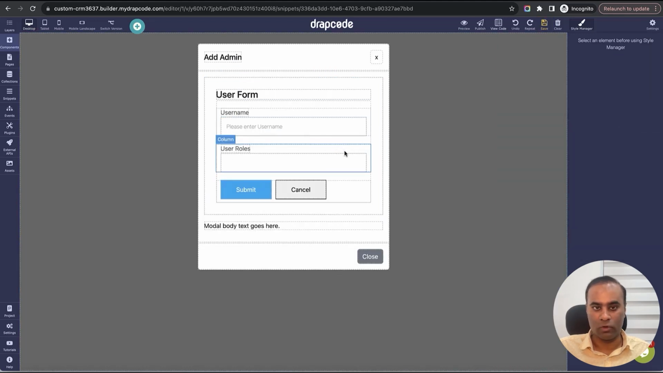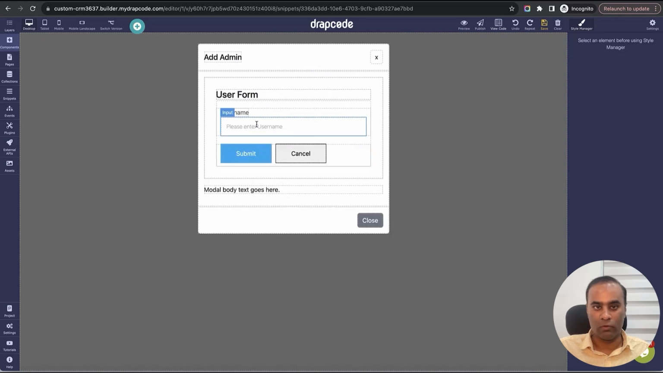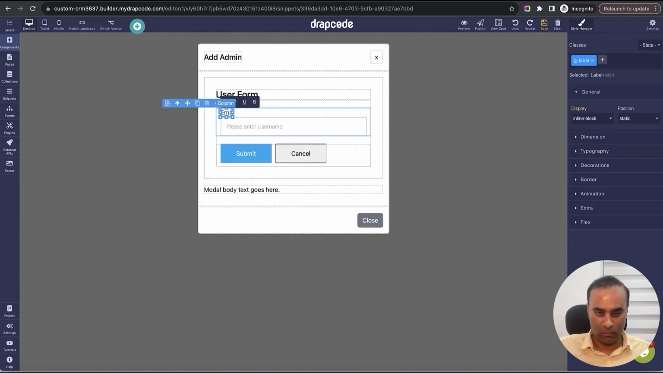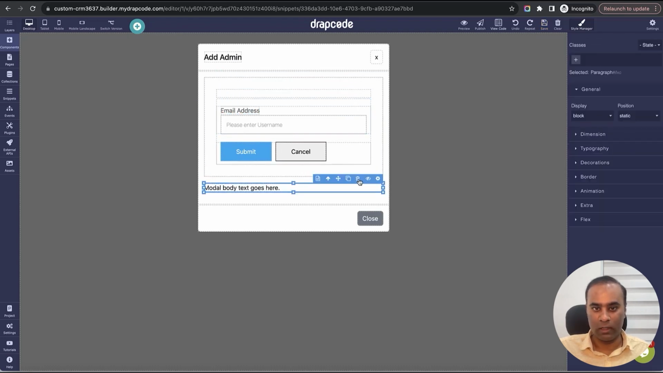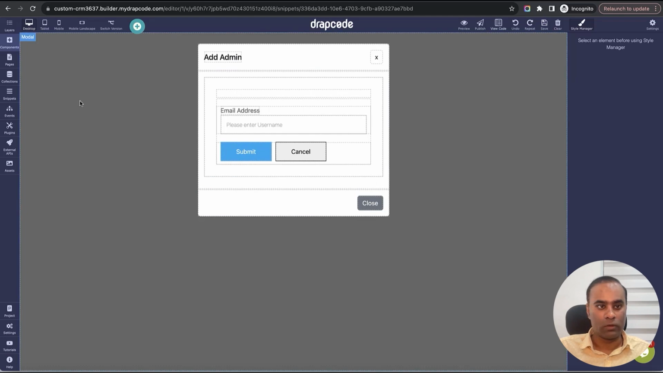I don't need password. I want system to auto generate password. I don't need username. I'll remove. I'll need the email. Email address of the person, maybe we can give name, a couple of things, but we don't need anything else. Now let's go and